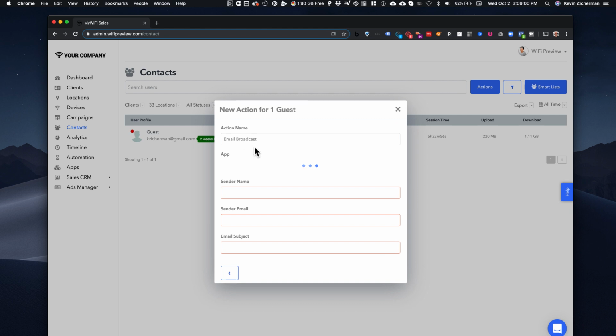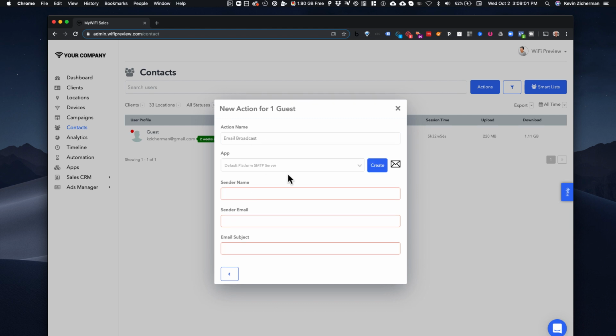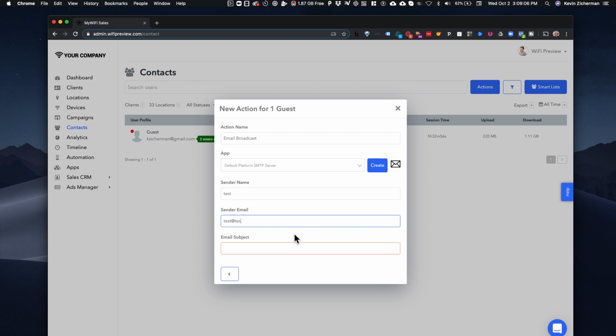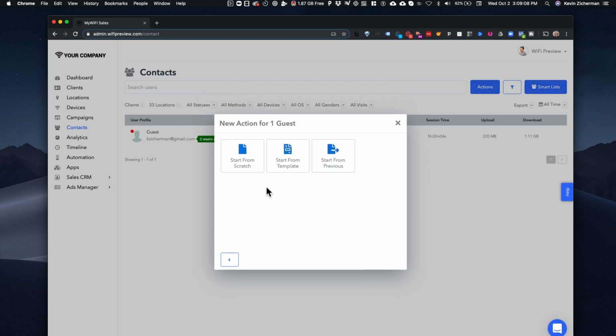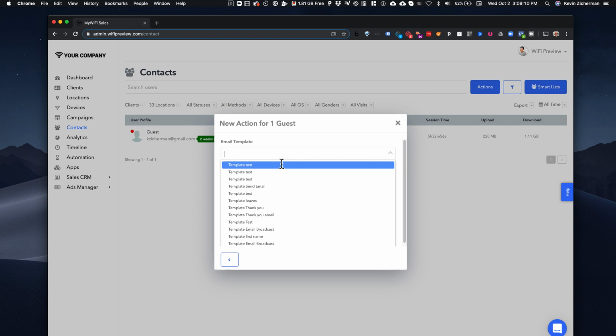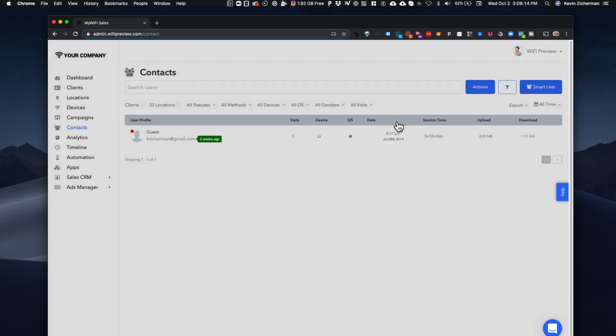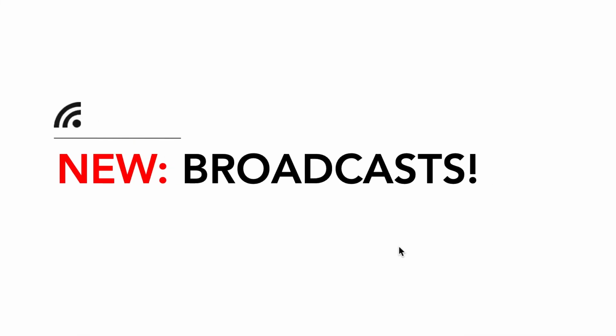So here I would send it to one guest. I would choose email broadcast, name, email, and subject. And then here I can start from a previous and pull up a previous email that I've done before and easily do that. So that's awesome as far as being able to just communicate with your clients in real time. And it's also a huge feature that you guys can upsell to your sub-users. You can say, hey, would you like the ability to send broadcasts? And then you can change their user level to admin if you'd like, or to